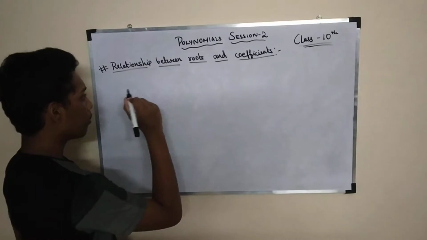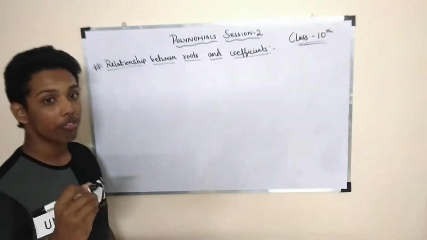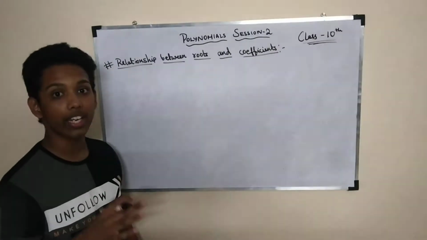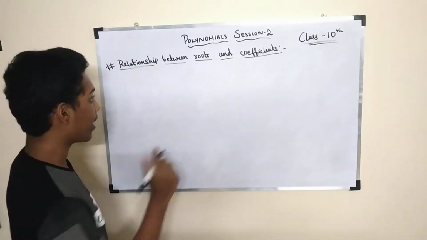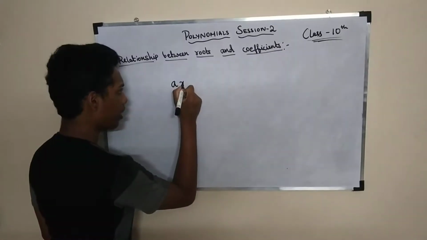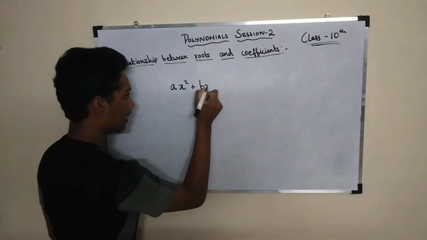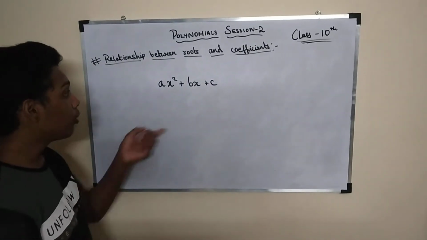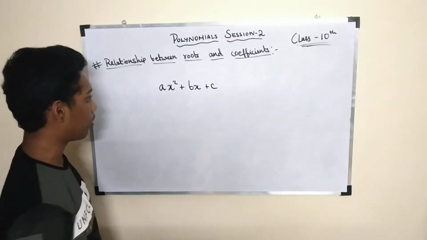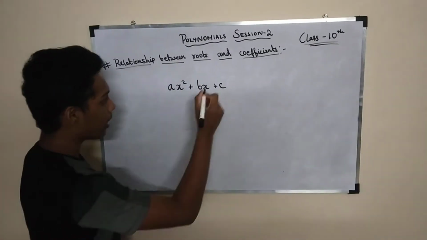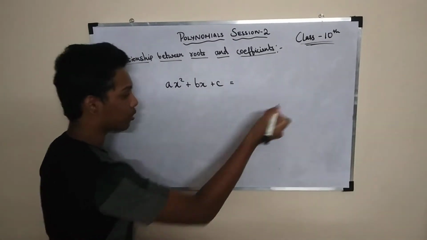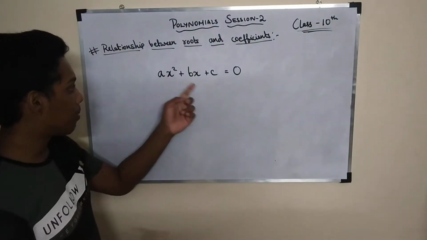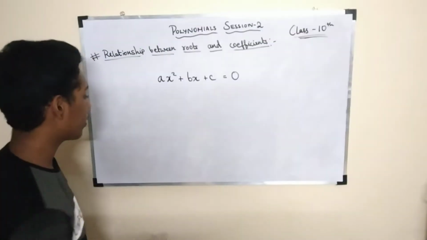We are going to take this relationship between roots and coefficients for quadratic equations. The general form of a quadratic equation is ax square plus bx plus c. To find a root, let's say this x will be the root, then this thing will be equated to 0. Let's say that thing is y, then it will be equated to 0. So we say ax square plus bx plus c is equal to 0.